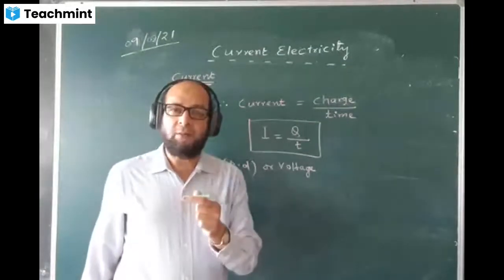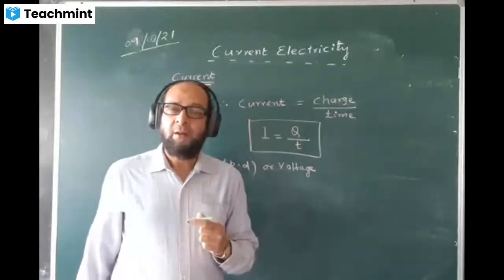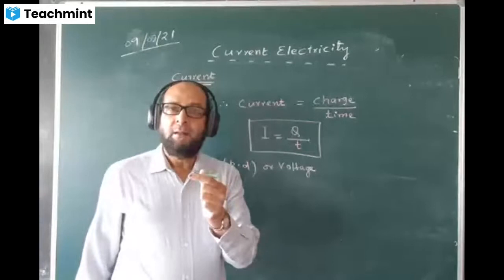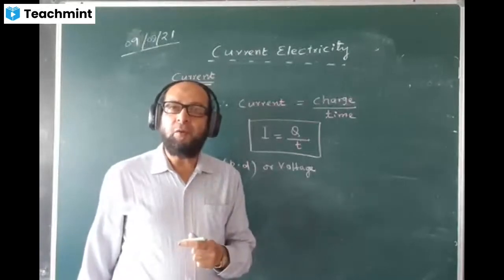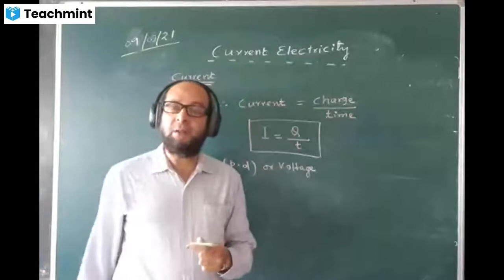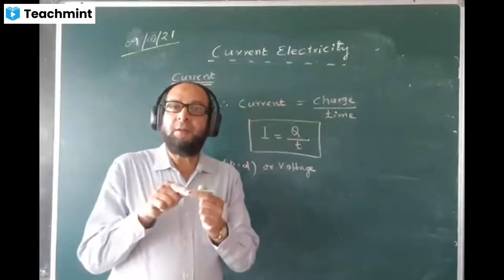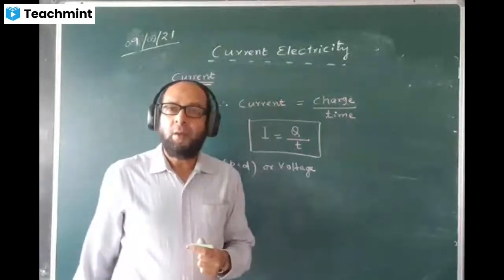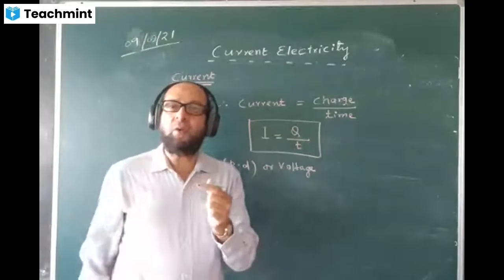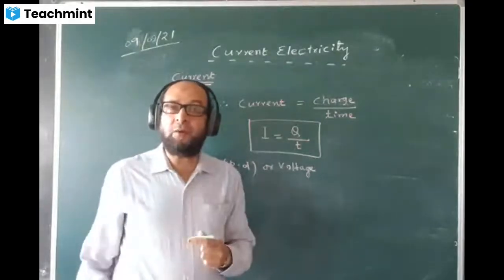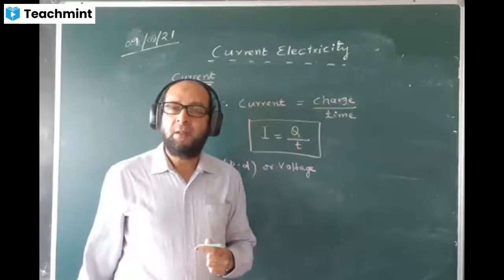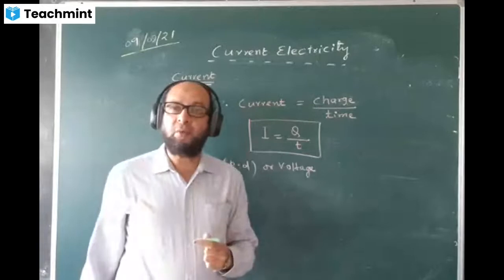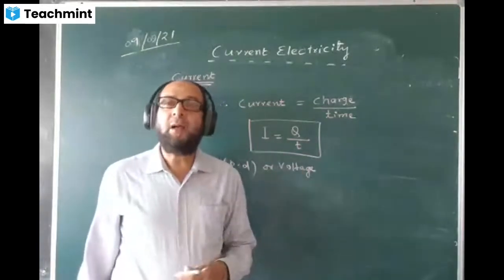Don't disturb right now, please. I'll give you the opportunity to ask questions. If one side is positive 5 and the other side is positive 1, then there is a difference and the current will flow. Current will flow from high potential to low potential. If one is negative 2 and the other side is also negative 2, the difference is 0, so current will not flow. If one side is negative 2 and the other side is 0, the current will flow because there is a difference in potential. That is the whole idea. Current will flow from the point of 0 volt to the point of minus 2 volt, high to low. Now your question, tell me.